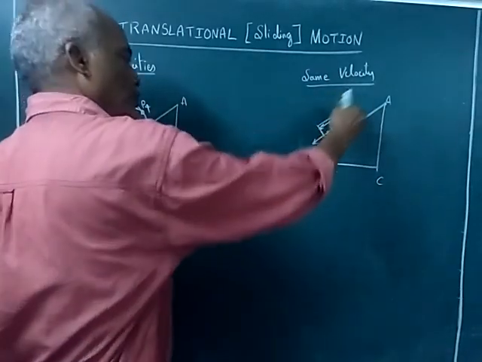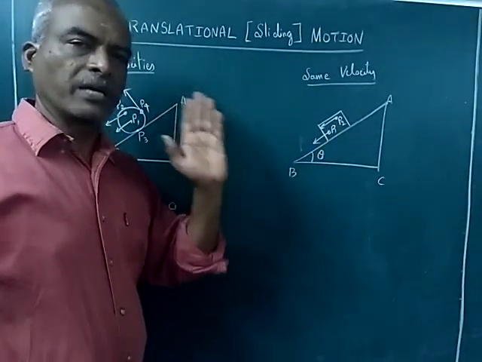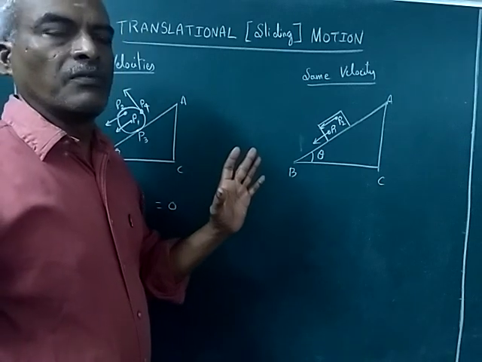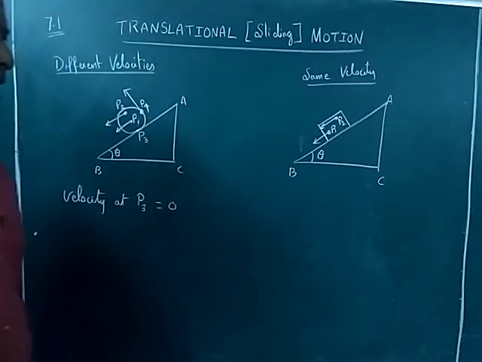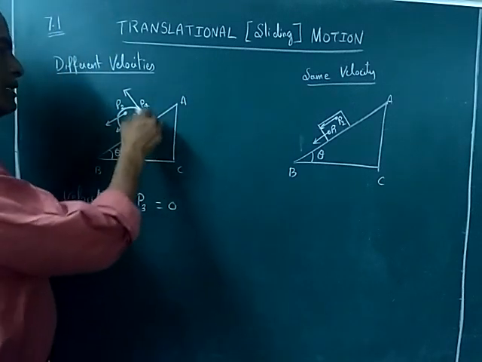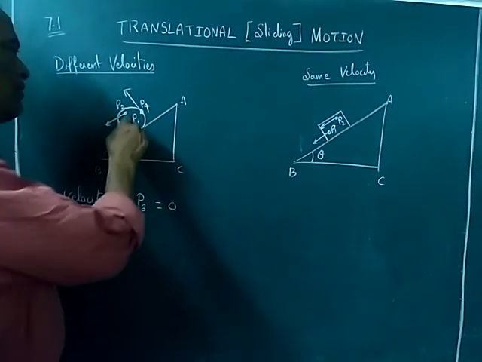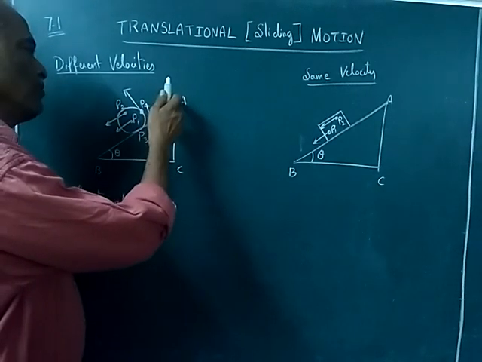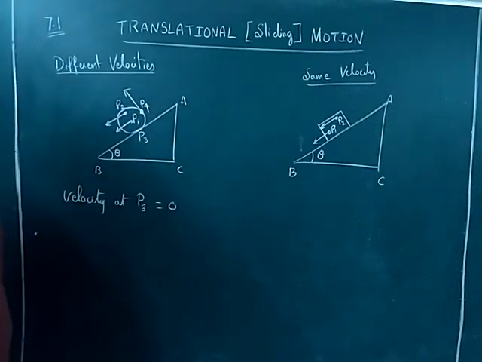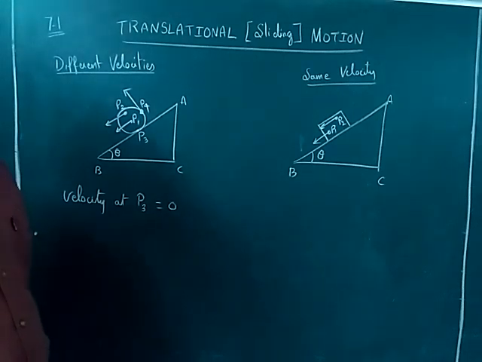So it slides from A to B, and all the particles inside the rectangular object will have the same velocity. Now if you come to the second case, here we have another cylindrical structure, a rolling structure, and you have n number of particles, and this also rolls over from A to B. So it is somewhat a translation motion, but we cannot call it an ideal translation motion. Let me see why.